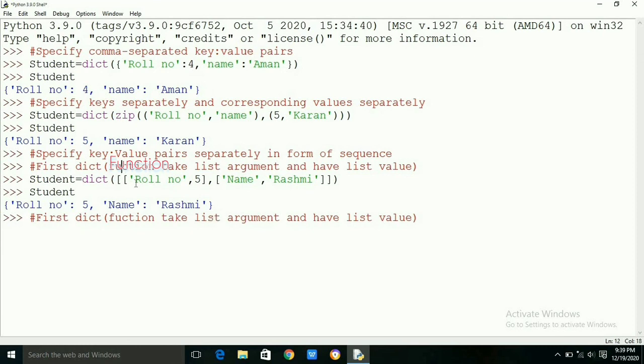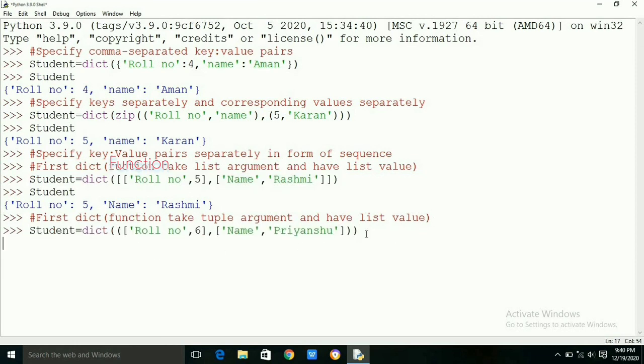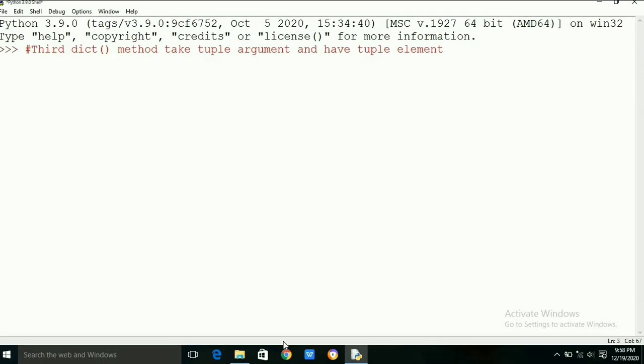We can also pass a tuple containing tuples or list containing key value pairs. In the second case, the dict method is provided a tuple argument and the passed tuple contains list elements of key value pairs. Here there are 2 list entries in one tuple. The 2 list entries are roll number, 5, name, Priyanshu.